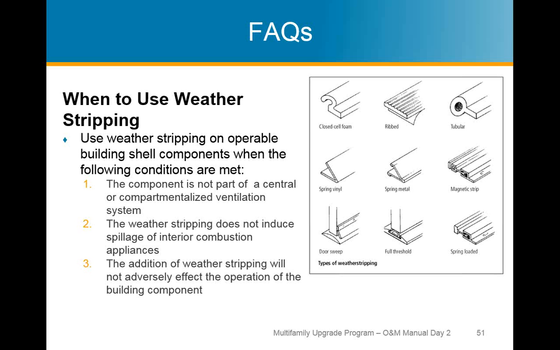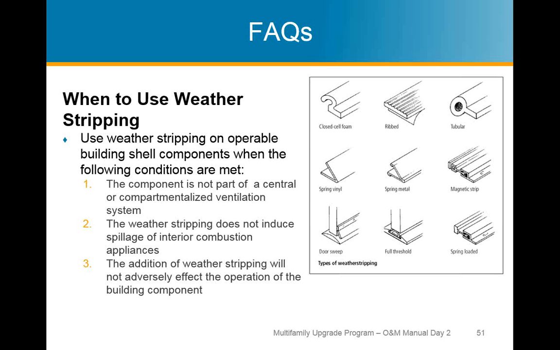Two, the weather stripping does not induce spillage of interior combustion appliances. So it's almost the converse of point number one, the opposite side of the same coin. And then three, the addition of weather stripping will not adversely affect the operation of the building component. Sort of a sanity check, just make sure we're staying within the bounds of weather stripping what should be weather stripped. So the obvious things, windows, doors generally,